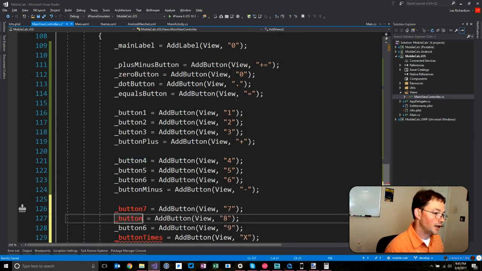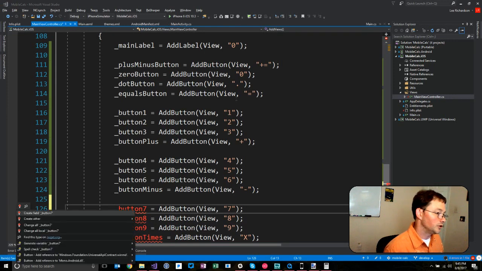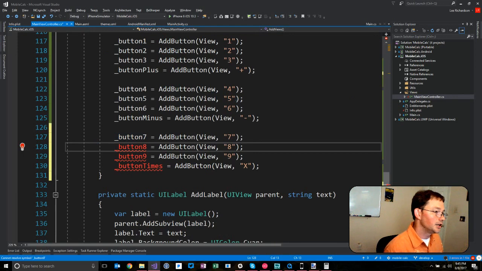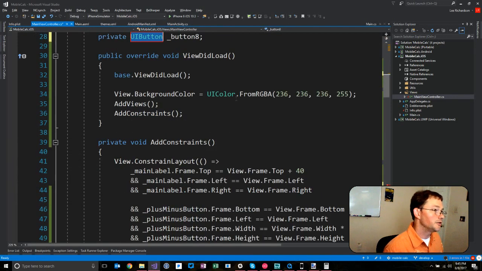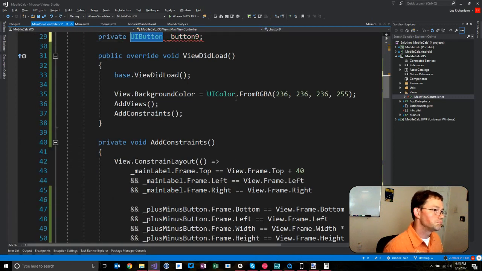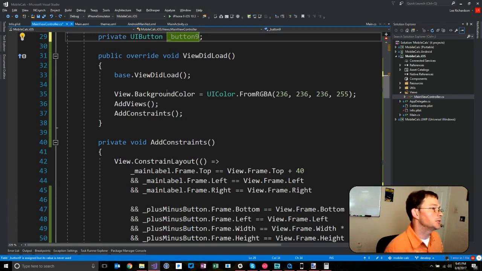7, 8, and 9. We're going to create a field. I did Control minus to get back. Alt Enter, create field. Control minus, Alt Enter, create field. Control minus, which is the same as hitting the back button. It's a shortcut key for that. Control minus,